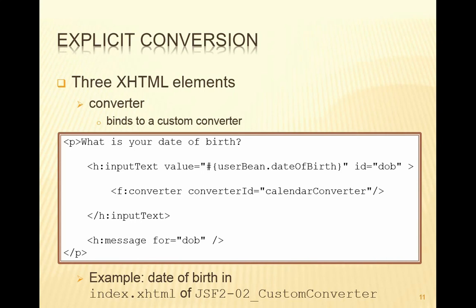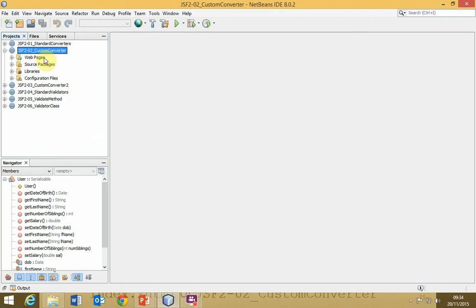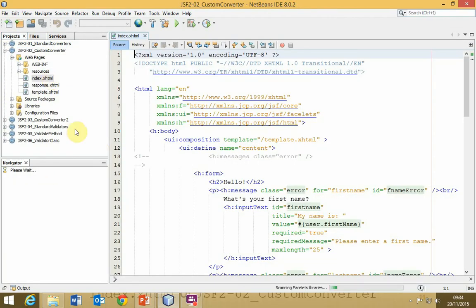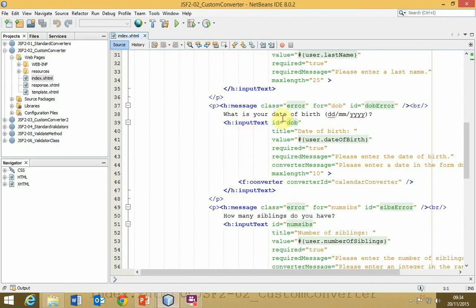Now the standard date time converter will use the date class. But what if we wanted to use a calendar class? Since there isn't a standard converter for that class, we'll have to write our own. So instead of using the convertDateTime tag, we'll use the converter tag and specify the converter ID of the custom converter class. So in the custom converter project, in the index.xhtml, we can see that for the date of birth, we're now using the custom converter whose ID is calendar